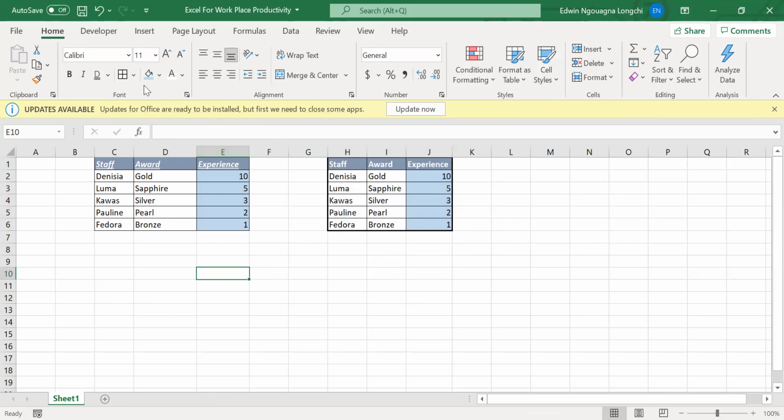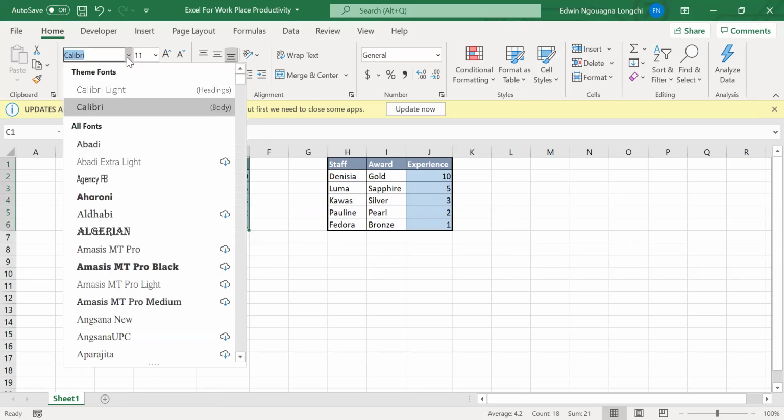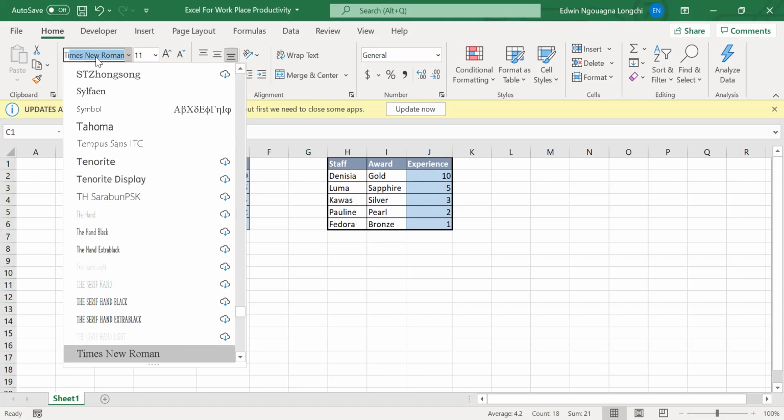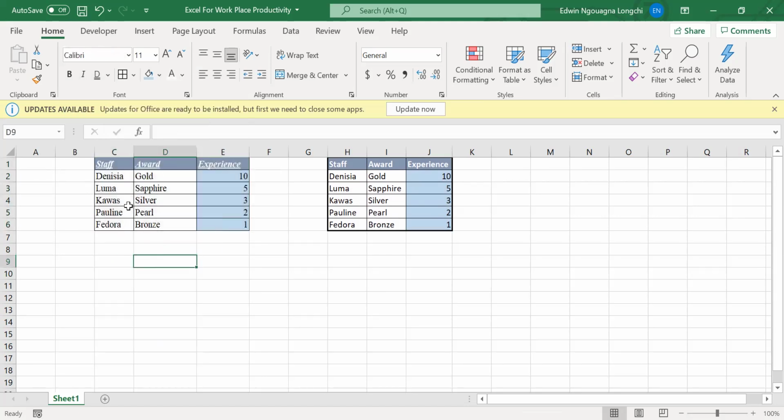All right, so we are here and we know this one, right? I want to change my font, like it's Calibri. I want to change it to Times New Roman. I'll just click here and take, where is Times New Roman? I can't see it, but I can type it, right? I just start typing T-I, it just appears. I just hit the enter button, and it changes to Times New Roman.